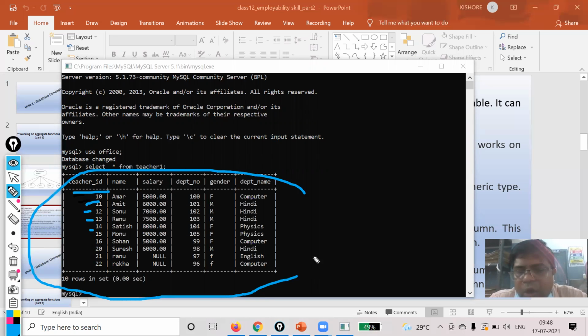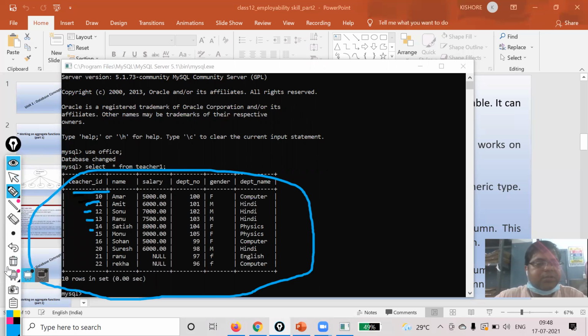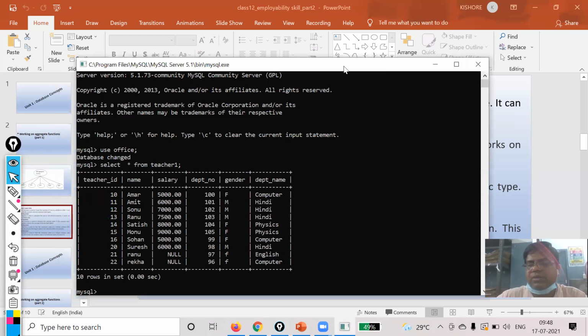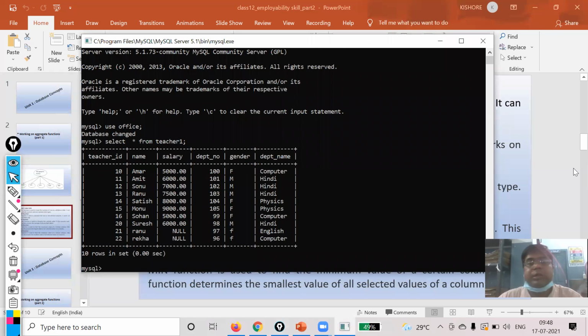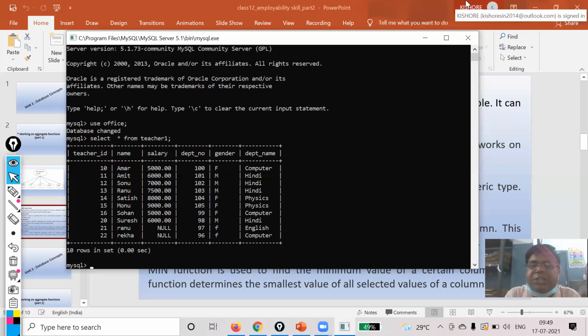Okay, now I'm going to extract the records by using queries. Suppose anyone asks that please show me the distinct salary, unique salary.